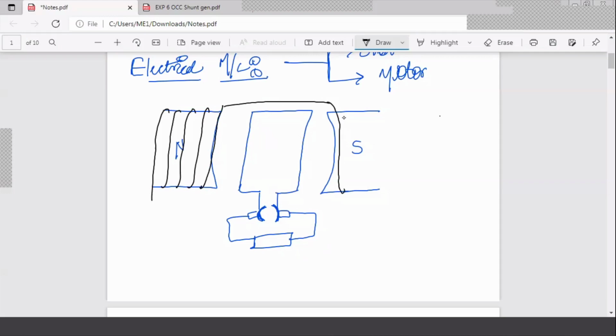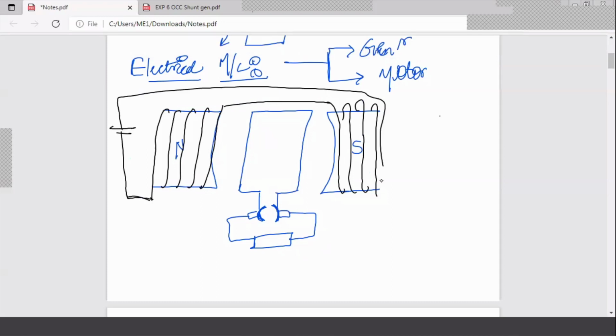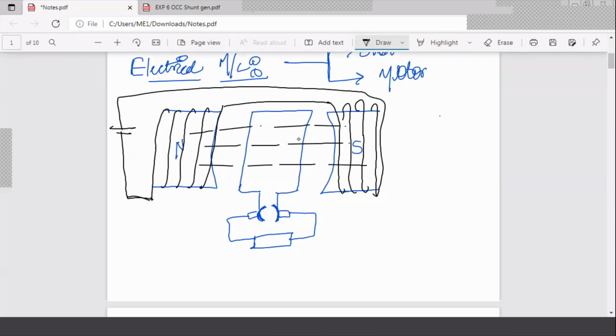So this coil is connected in this particular fashion, and I'm connecting this to a field supply, an excitation voltage here. What will happen because of this? Whenever there is a current flowing through the circuit, a field will be produced, and that field will be from north to south, like this. This will be the direction of the magnetic field, B. Fine.